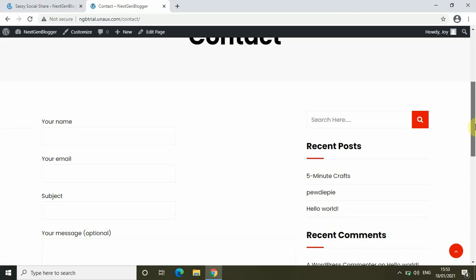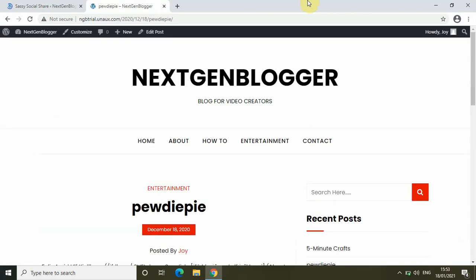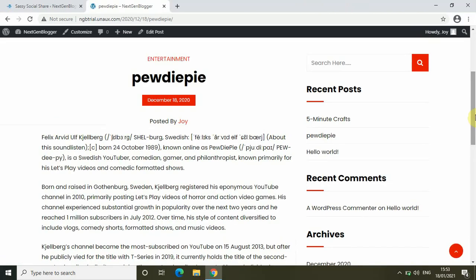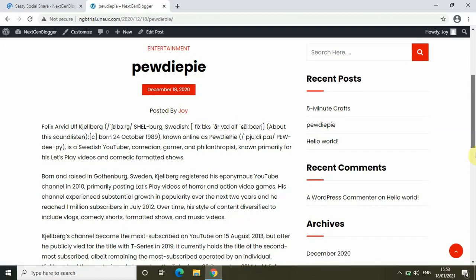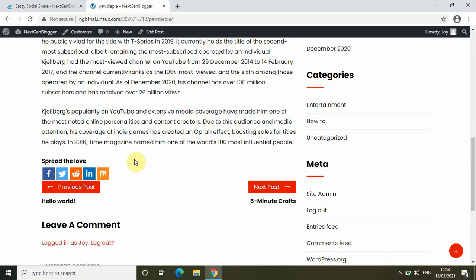All right, and let's just go to one of my posts, and if you look inside the post, as you can see, the standard interface has been shifted from top to bottom. I also removed WhatsApp, Mewe as well as Pinterest, so those icons are gone. I also removed the more option, so that is gone as well.